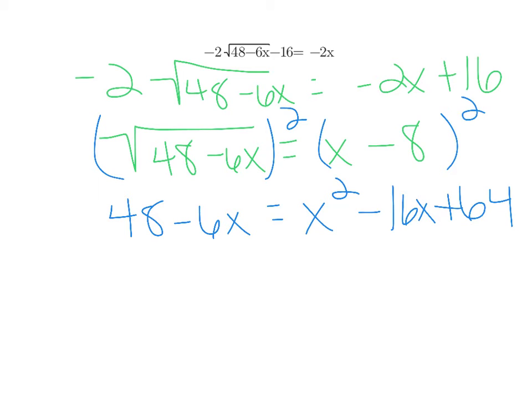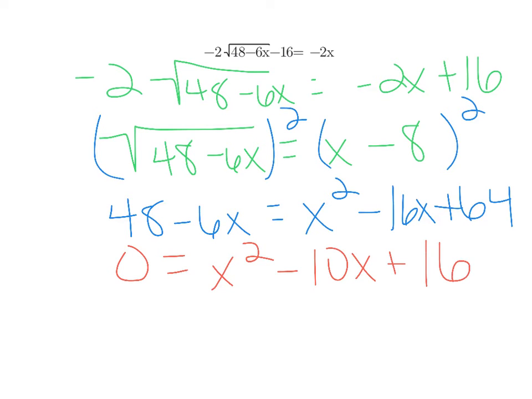Now again, I notice I have a quadratic equation because my highest exponent is 2. So I need to solve this equation using factoring and the zero product property. So I'm going to subtract 48 and add 6x to both sides. So my equation becomes 0 equals x squared minus 10x plus